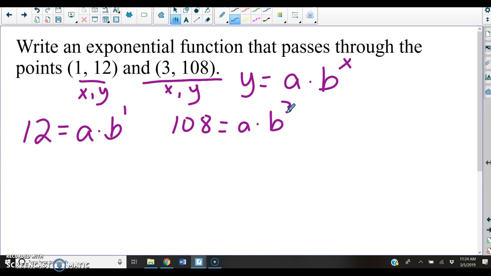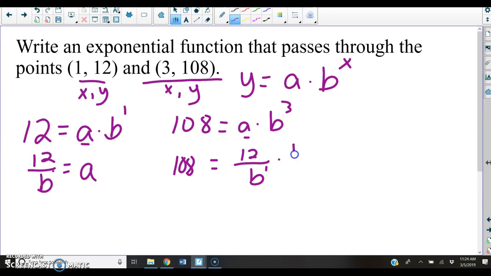A lot of times to solve this, what students will do, because both of the equations have just a, is solve for a, 12 over b to the 1 in this case, and substitute it in the other equation. Okay, I missed the 0. So when we solve that,